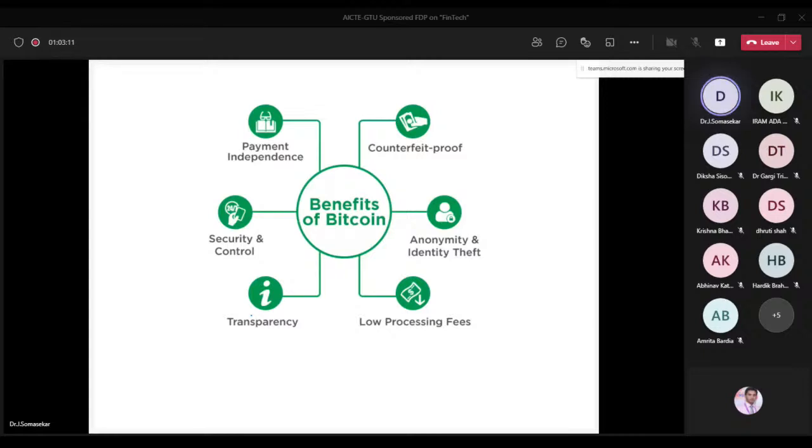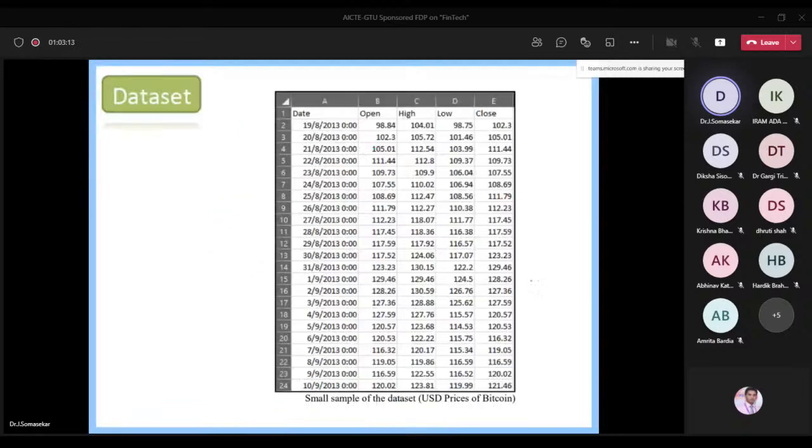Now the data set looks like this. What we are going to apply here, you can see date and opening price. Of course, I will show the details also. Open price, high price, low price, closing price. Don't get confused. Open is one variable x1, high is one variable x2, low is one variable x3, and closing is what we are looking for, that is called the y variable.